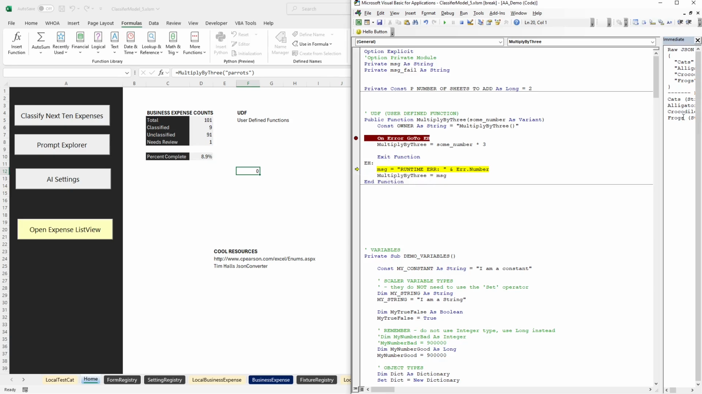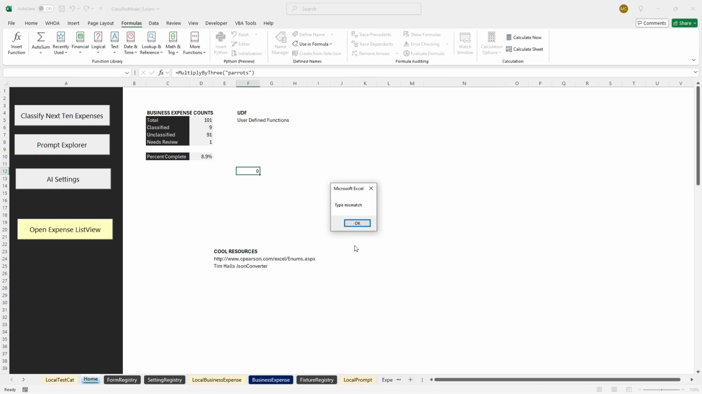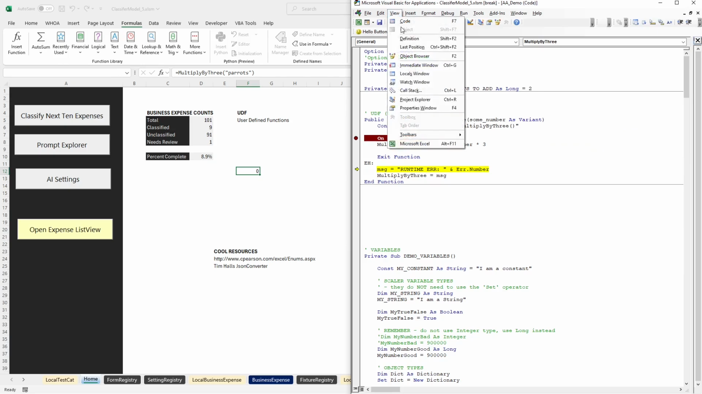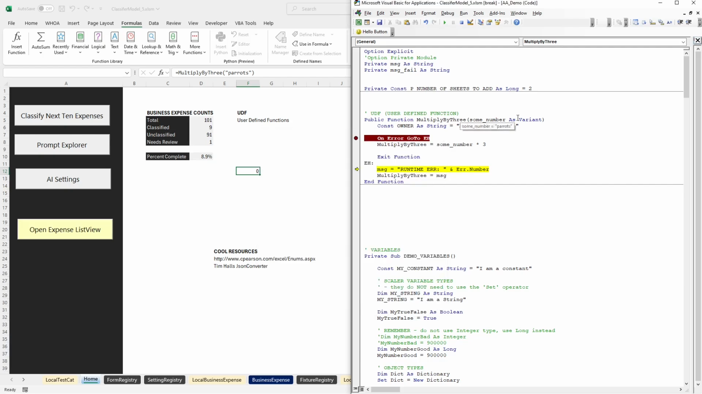So at this point, you could just check error.number, it's 13. It's a type mismatch, okay? And then in the locals window, we can see some number is parrots. That's a red flag. Somebody might be wondering, why did I not make this a long type? And the answer is that,